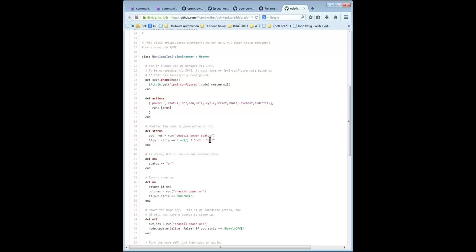I see. Chassis power on, chassis power off. What's the bang bang notation? Bang bang paren turns something that is Boolean-ish into an actual Boolean. Okay, so you've got a ternary operator, starting with the Boolean. Yeah, so out.strip will just return the bit that matches it.